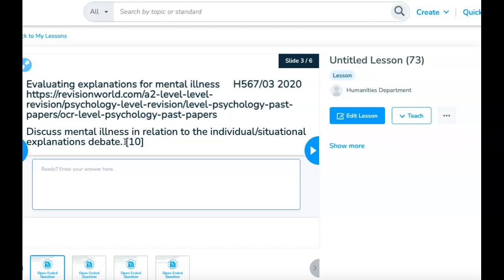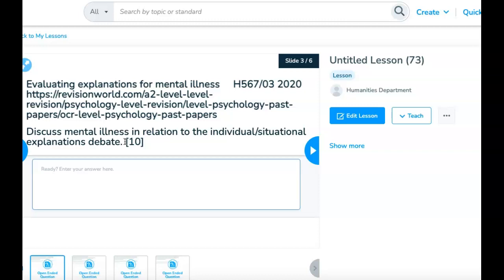You're going to have some examples here which are individual. So you're going to have to say that there are individual explanations for mental illness, and then you're going to have to say that there are situational explanations for mental illness. And I guess if you're going to go for a third one, it'll be something that is a combination of the two. It's a pretty easy question, really. It's very, very similar to the determinism one. Exactly the same sort of idea again.